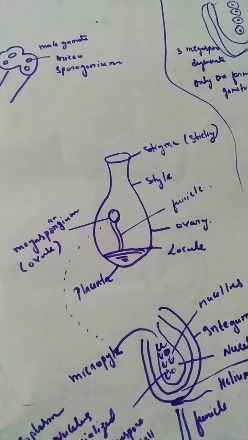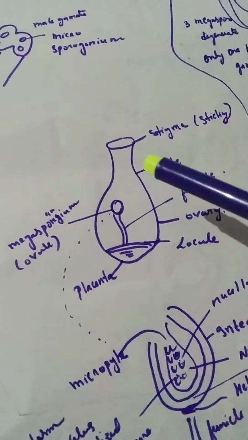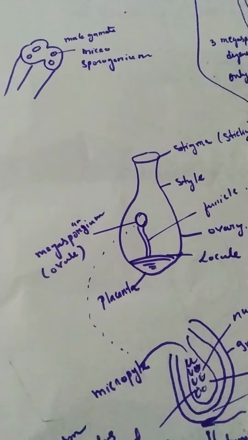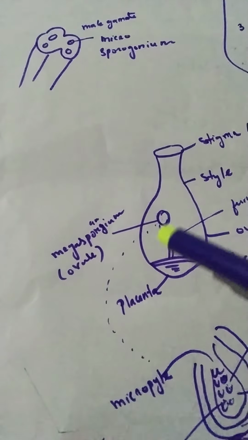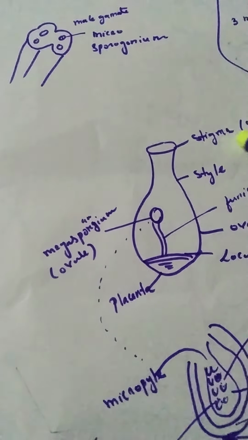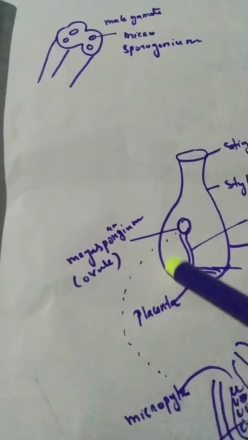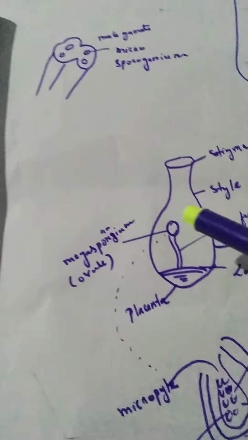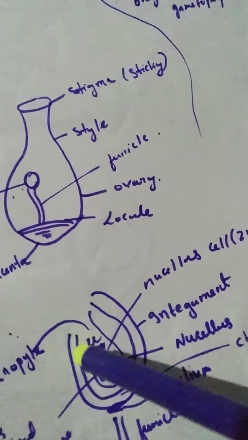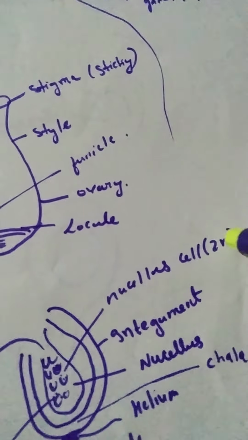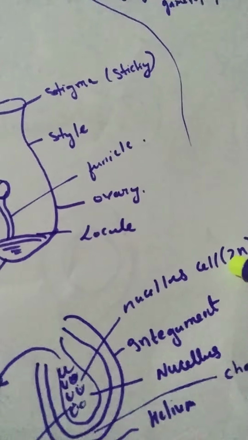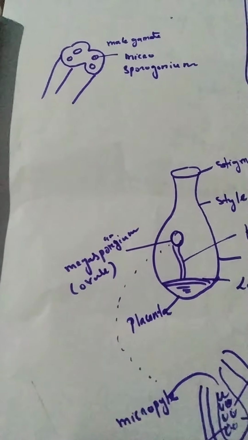Okay, in the previous video I already discussed the female reproductive part of the flowering plant, the megasporangium. This is the ovary, stigma, style, and this is the placenta, and this is the megasporangium. There is a nucellus cell, which is in a diploid form, and through the divisions,